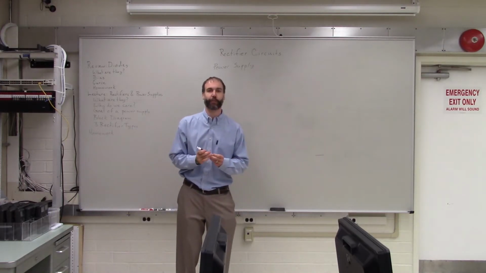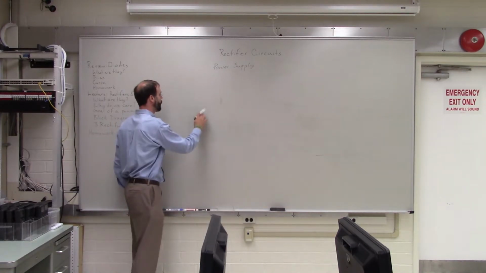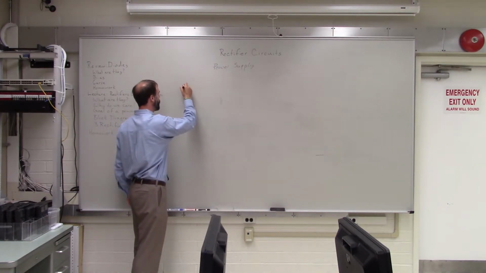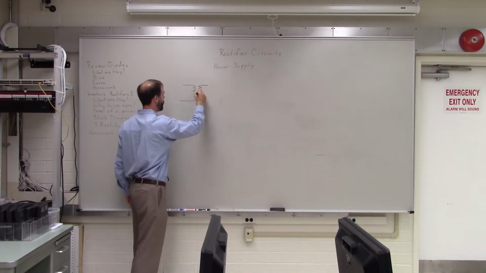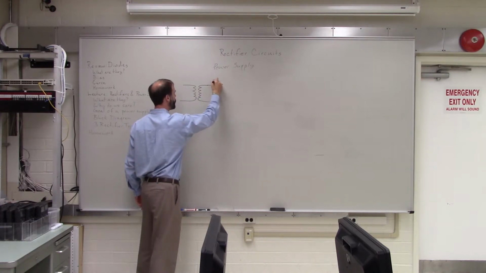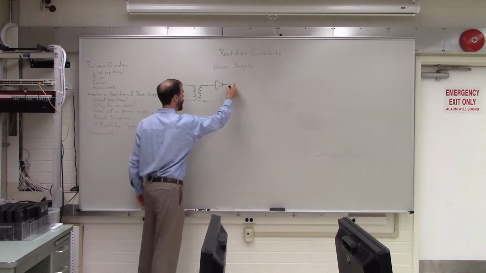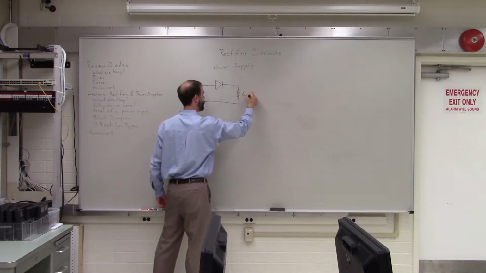So the first type of rectifier is the simplest kind that there is. Basically, you have a transformer here, and then you've just got a single diode, and then you've got this resistor over here, which is called the load